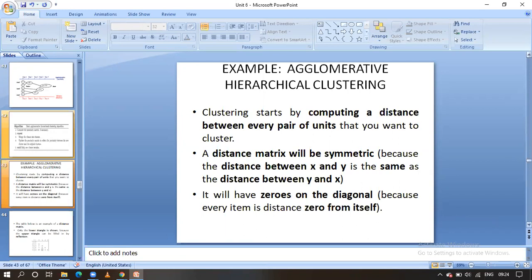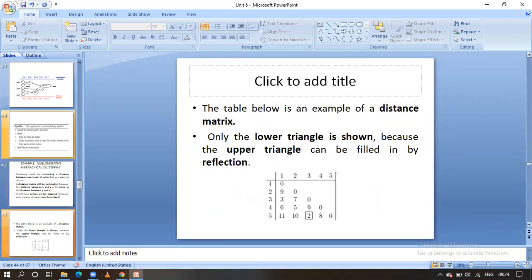To represent this, I'm going to take one matrix, guys. Here is the distance matrix. If you observe, I have taken only the lower triangle, only the lower part. Why? Because it is a symmetric matrix. For suppose 9, we would have to place it here likewise. And diagonal values will be zero, because the 1 to 1 distance is zero, 2 to 2 distance is zero, 3 to 3 distance is zero. Here this 9 represents the distance between 2 and 1; the same value we would have to place in the other half, but no need to place that, because this is a symmetric matrix and I have taken only the lower part.